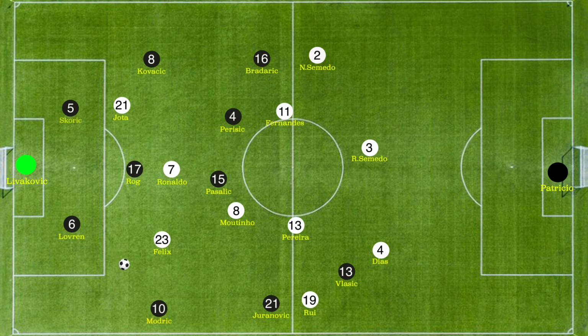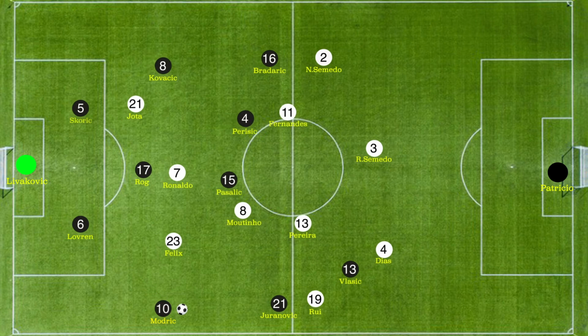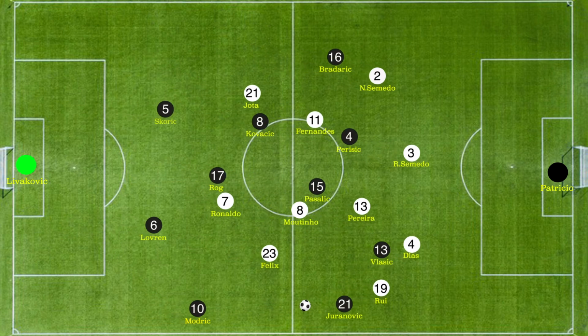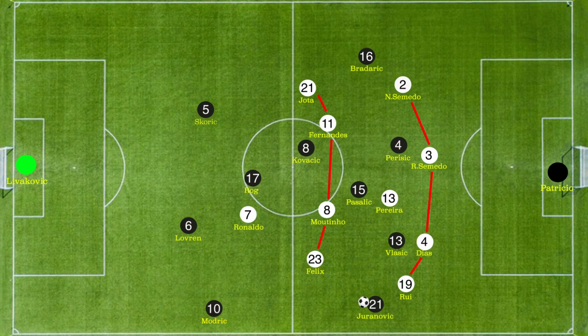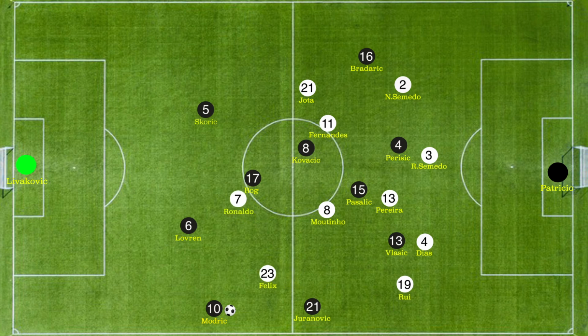As seen in the illustration, when Portugal found themselves without the ball in their own half, they decided to go for a 4-1-4-1 formation with Pereira in between the midfield and the defense lines to pick up any stray runner or a pass. Now, one man from the front four would press the ball carrier so the ball is forced backward into the Croatian half. Now, as soon as the ball was back in the Croatian half, Portugal quickly shifted to a 4-4-2 defensive structure.